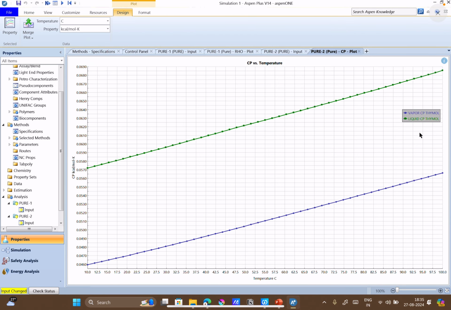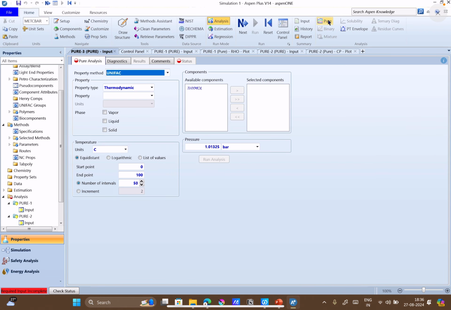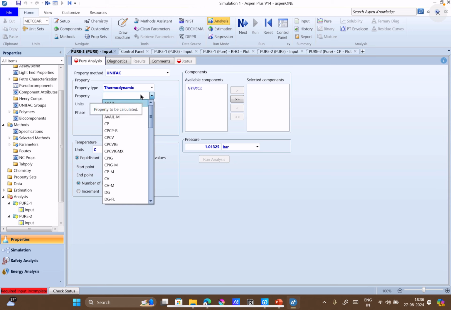So now you have both enthalpy of vapor as well as liquid phase with temperature, how it is changing. So let's say you want to perform some energetic calculations, and then you need the data of enthalpy, the Cp values, heat capacity values for your thymol compound. Then you can find it this way. What other things have been asked of us are Gibbs free energy and PT envelope. So let's try and compute Gibbs free energy.